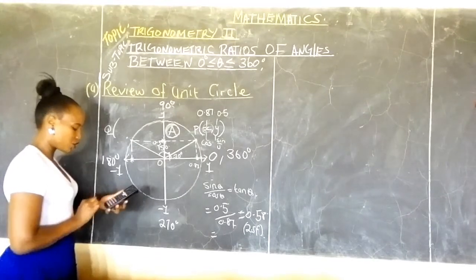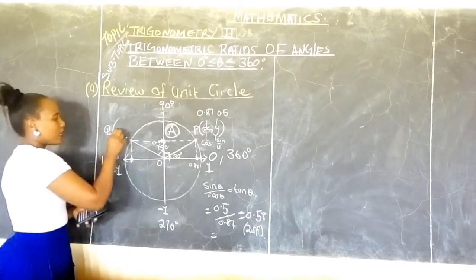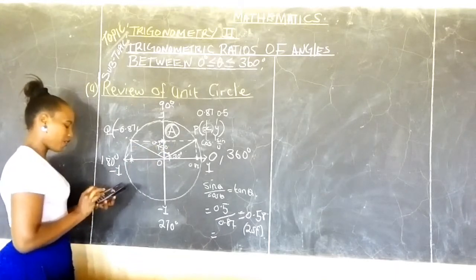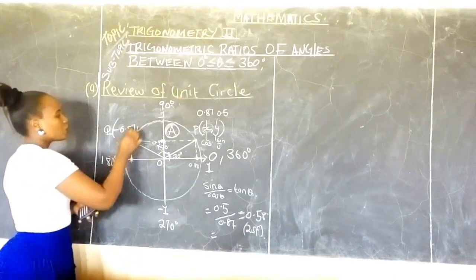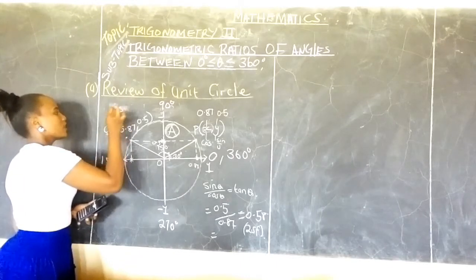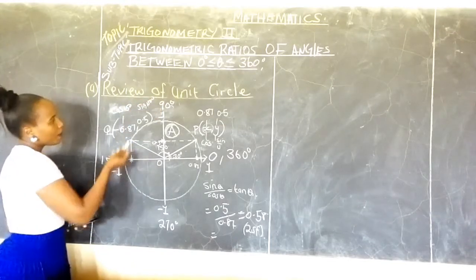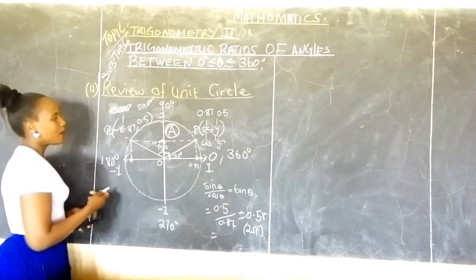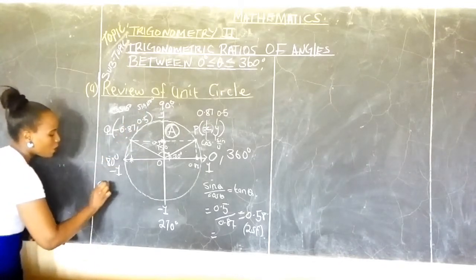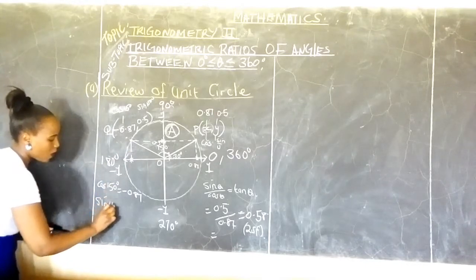So if we find cos 150 degrees, it's going to give us negative 0.87, and if we find the sine of 150, we are going to get 0.5. So this is cos 150 degrees, and this will be sine 150 degrees. If you look at these values, we may write it down here: cos 150 is equal to negative 0.87, and sine 150 degrees is